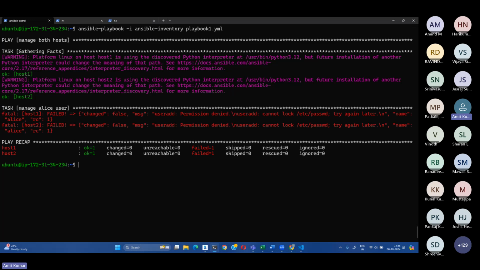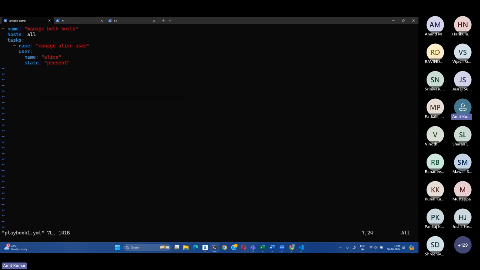Okay, let's not start with the user because it needs configuration. Just give me a second. Let's comment this out. Right. Let's start with another task. Let's say I want to manage a file on all hosts. Manage a file. And I say